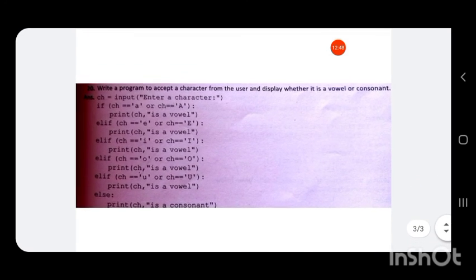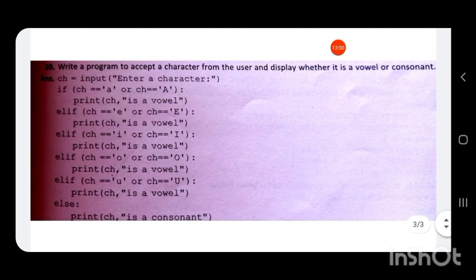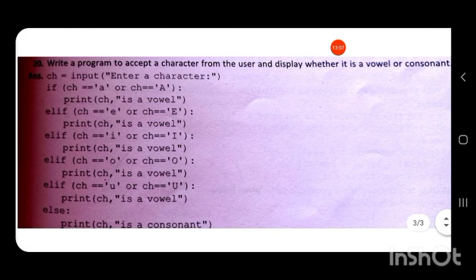Next program was, write a program to accept a character from the user and display whether it is a vowel or a consonant. So the user has to enter a character from A, B, C, D to Z, and you have to check whether the entered character is a vowel or a consonant.